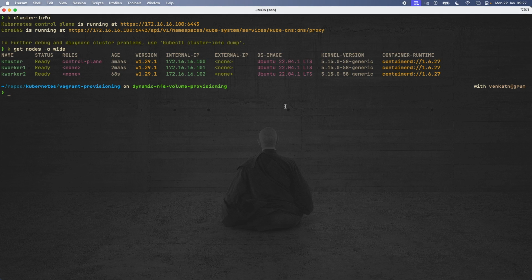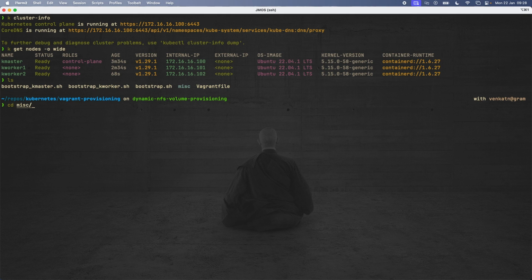So now if you want to have NFS volume provisioning set up, because most of the deployments you deploy in your Kubernetes cluster will require persistent volumes, right? You're deploying a database cluster or whatever it is, it needs to have access to the persistent volumes. So obviously you will go and watch other videos and set up, or you might have your own script. So I want to make it a little bit easier. So now, given we've got a Kubernetes cluster with vagrant provisioning, what we're going to do now is go to